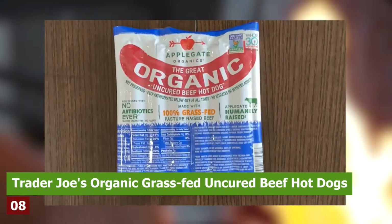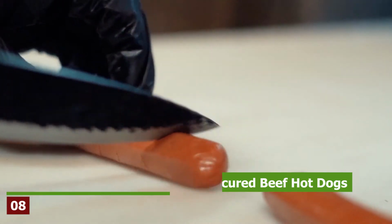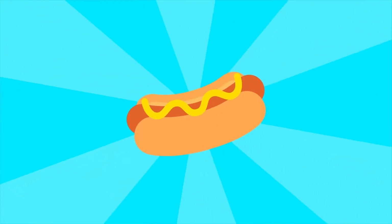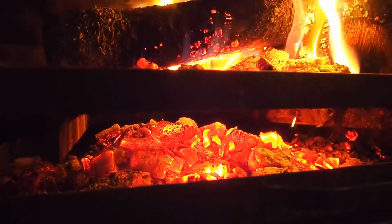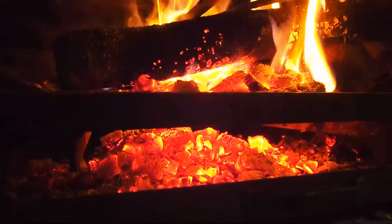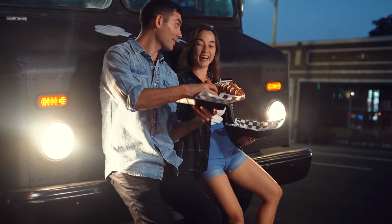Trader Joe's Organic Grass-Fed Uncured Beef Hot Dogs. This will not surprise many TJ's fans, but we were very impressed with the taste of their 100% beef hot dogs. Free from nitrates, nitrites, or hormones, these are a great option if you want an all-natural weenie for your next barbecue. They are great because they'll hold up to grilling or boiling, so that you can pair them with